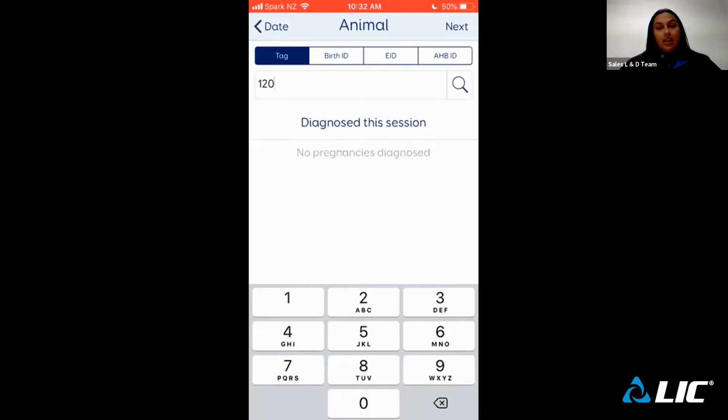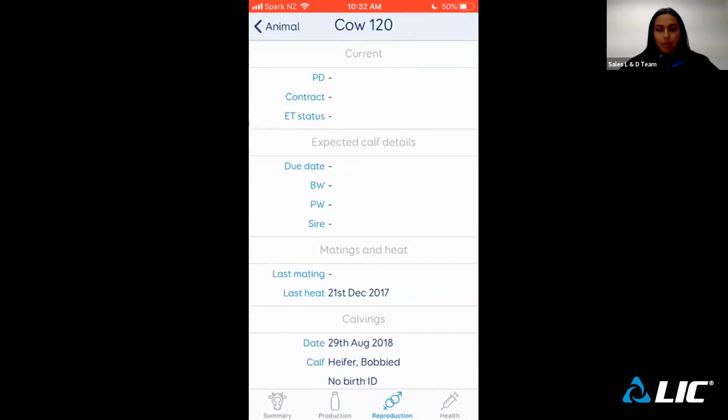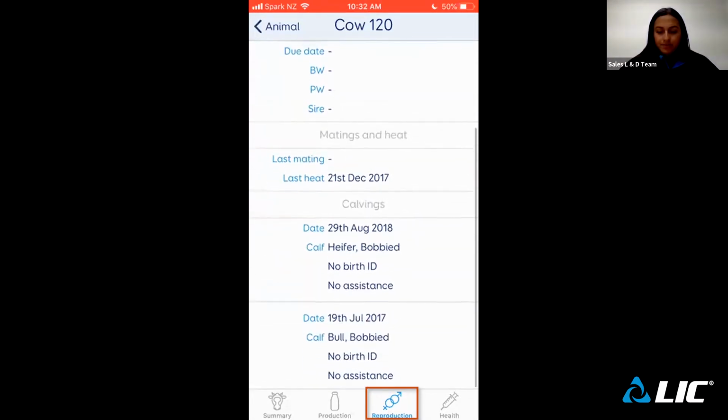I might want to have a look at her mating information that's been recorded. So instead of clicking on the next button, which is in the top right hand corner here, I can use the lookup function of the app, which is the little magnifying glass icon there. So I'll tap on that first. And what it does is it takes me to her reproduction information. So down the bottom of the app, reproduction is highlighted, and I can just scroll down. She's had no matings recently recorded for the 2017 season, so that's fine. I'll go back to animal by clicking on the animal heading,